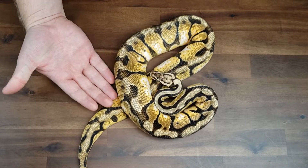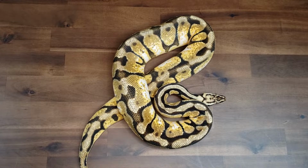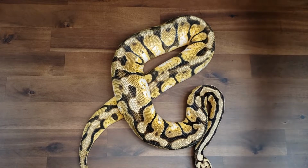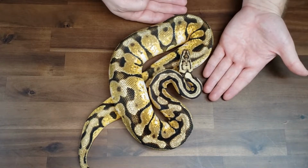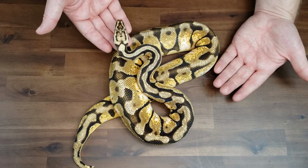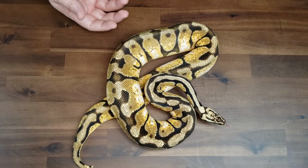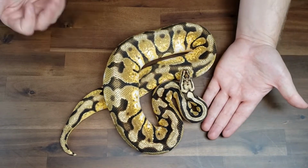But this boy here is going to be a Pastel Spot Nose Enchi. And again, Helios, Greek god of the sun. So he is 100% het for sunset. So champion boy, beautiful, nice and bright animal. And we're absolutely looking forward to kind of working him into some of our heavy duty projects with that het sunset. So little champion eater,